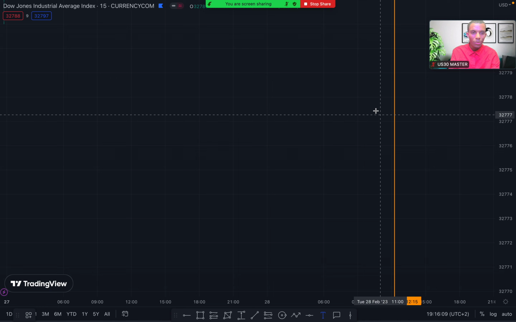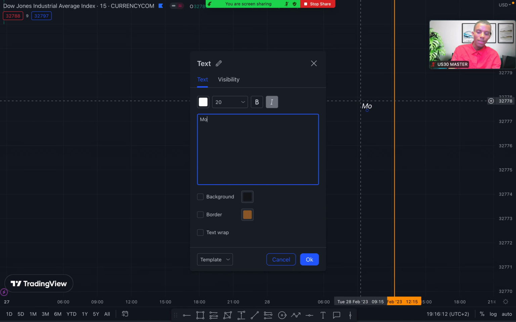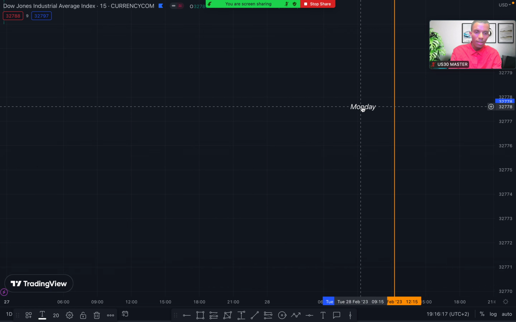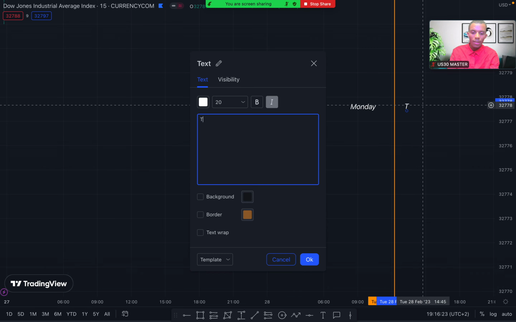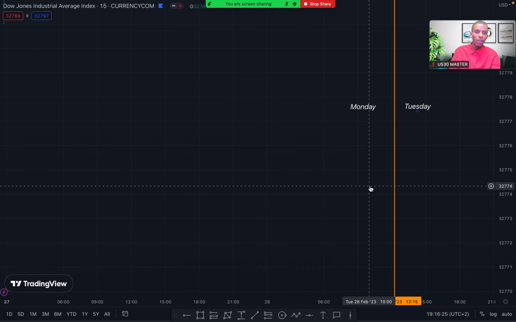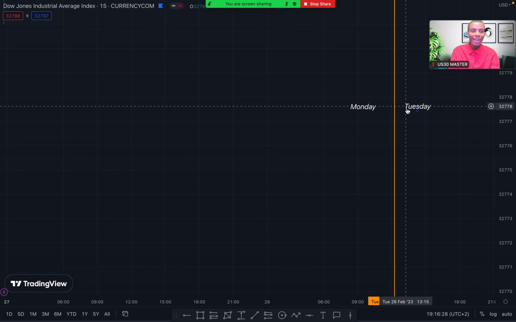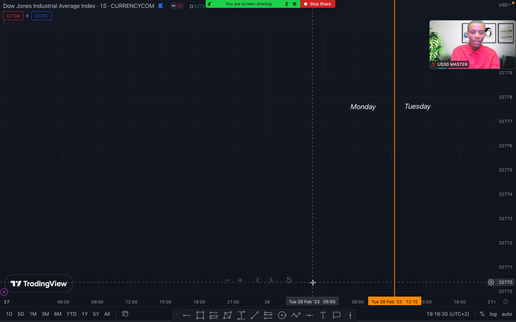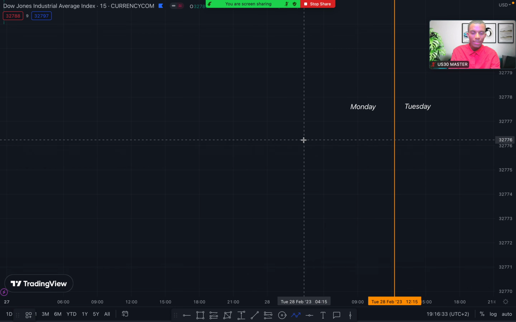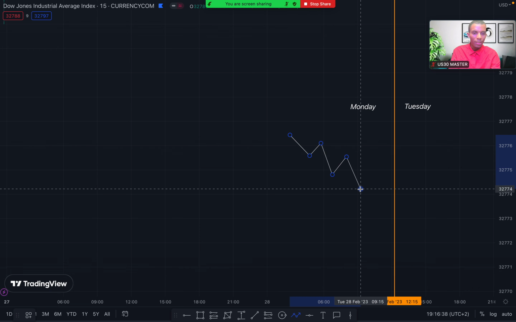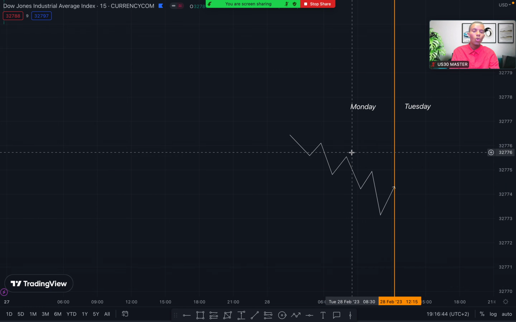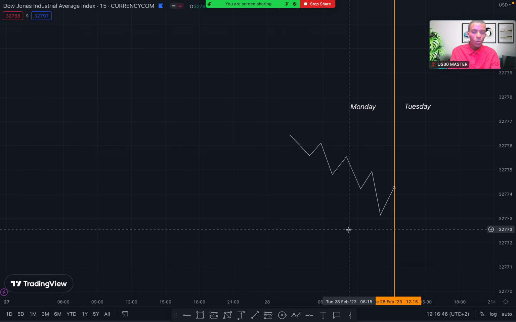Before I start, here it's going to be Monday, and then this side is going to be Tuesday. So as you can see here, we have Monday, and here we have Tuesday. Let's say maybe the market on Monday starts here and then starts going down. You can see the pattern is going down, and then it goes up, and then the market closes right there. So what you do,